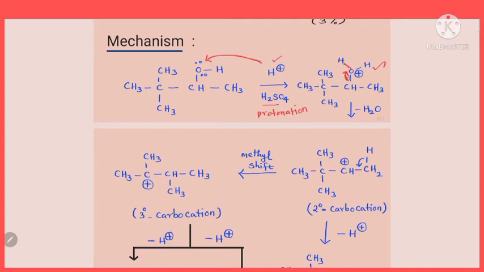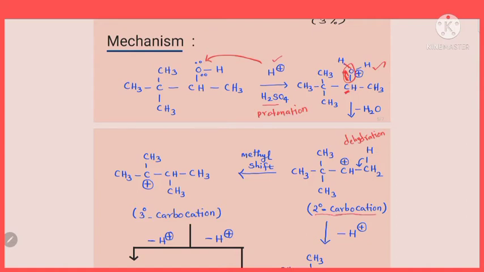Now the next step is dehydration. In the protonated alcohol, the oxygen carries a plus charge, which means it is electron deficient. It will take up the bond pair between carbon and oxygen, so it becomes neutral, HOH, which is nothing but water. It will be removed as water. But now this carbon is losing its electrons, so it gets a positive charge and becomes electron deficient. So after dehydration, the second step, we get a carbocation, a carbon with positive charge.